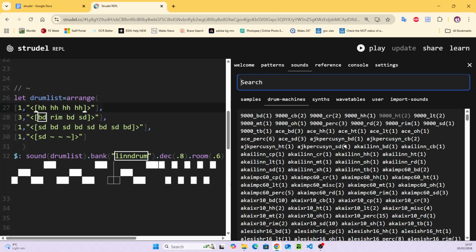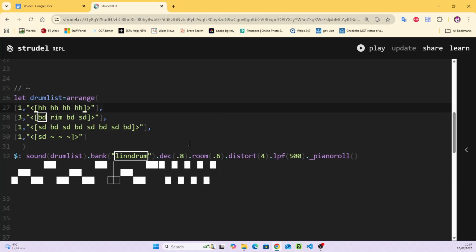Rather than the individual sound, I've put some decay in it, so we want it distort. Low pass filter, because once I started playing with linndrum, I really didn't like it. It sounds too 1970s, it's too pew, pew, pew. But anyway. So, because we can